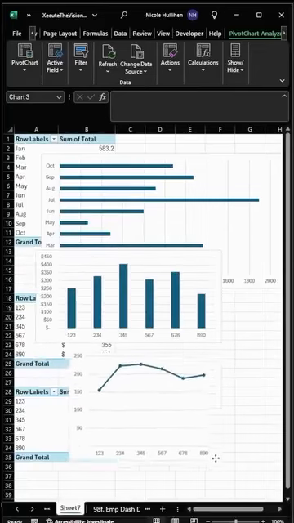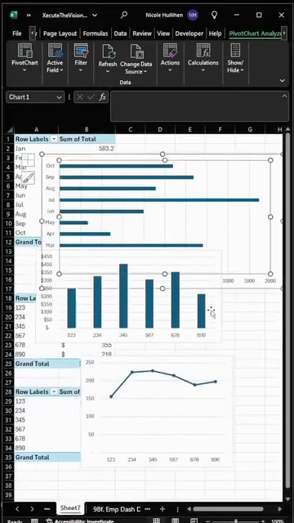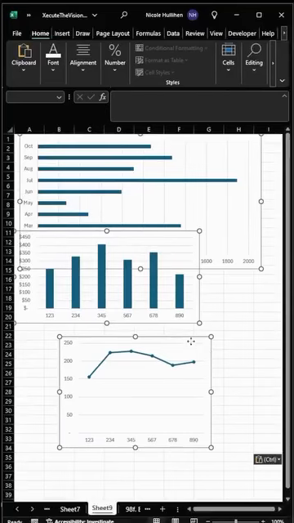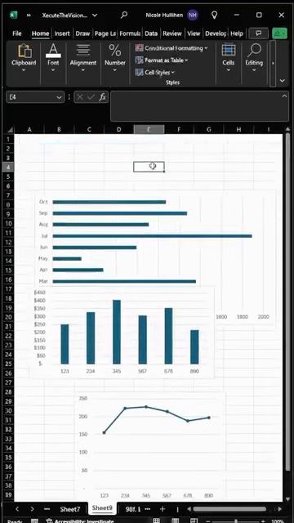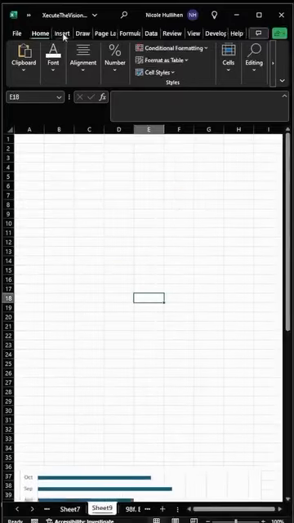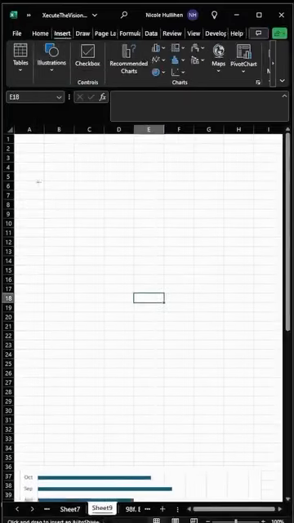So now we have all of our charts. I'm just going to move these so that they're a little bit easier to see. I'm going to hit Shift and select all three. And then I'm going to Control-C and Control-V to paste them on a new tab. So I'm actually going to need to move these completely out of the way. So I'm going to select those again and get those out of the way so that we can insert our